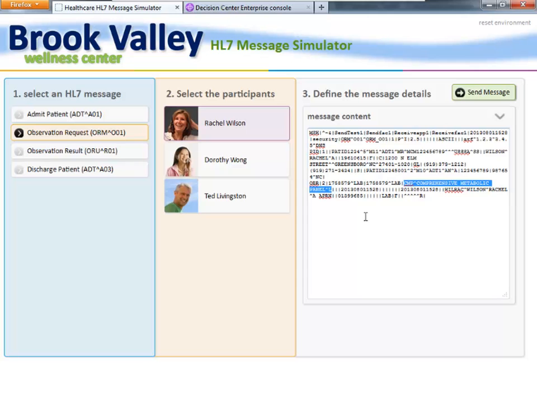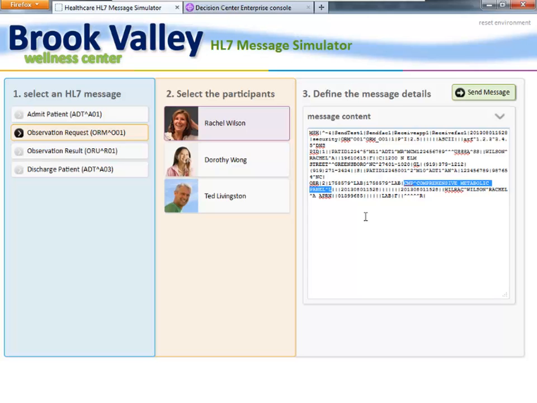Maybe Dr. Bloomfield felt that while Rachel was recovering from her surgery, something was just off, and so she wanted to get a better picture of what that might be. So this is our HL7 message that we're going to send through the system. Now, if we send it right now, nothing would happen because we haven't done anything specific with this type of message, like what we just saw in the first place for the admit message.